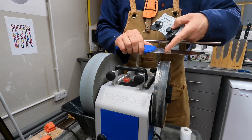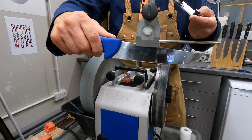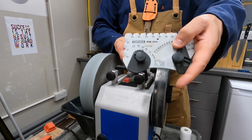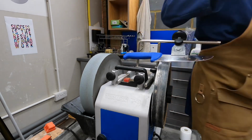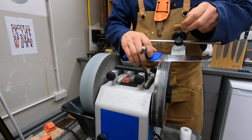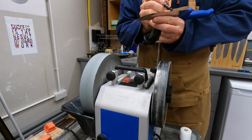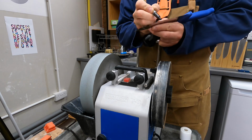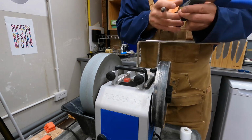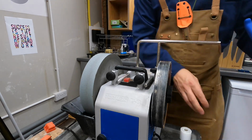Now I've sharpened this knife, the familiar workhorse of my workshop. I've sharpened it to 15 degrees using the angle finder to set my angle. Stepping away from the camera for a second to grab myself a Sharpie. I'm going to mark the bevel, excuse me, with the Sharpie here, and then see how I go